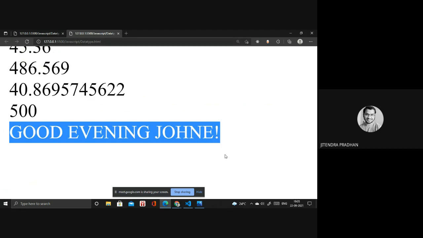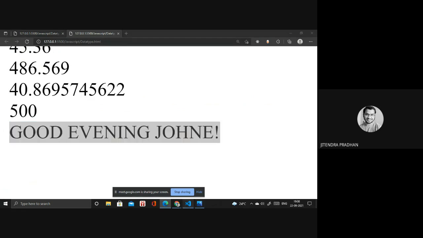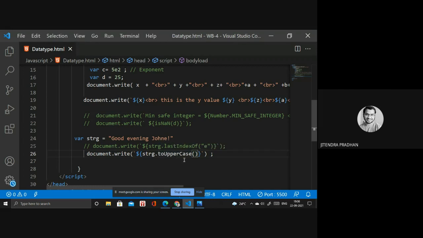Johan is there. Okay. So which letter is it? It's an uppercase letter. But now we are writing it in lowercase, right? I hope you got this point. How you can convert a lowercase into uppercase by using JavaScript.